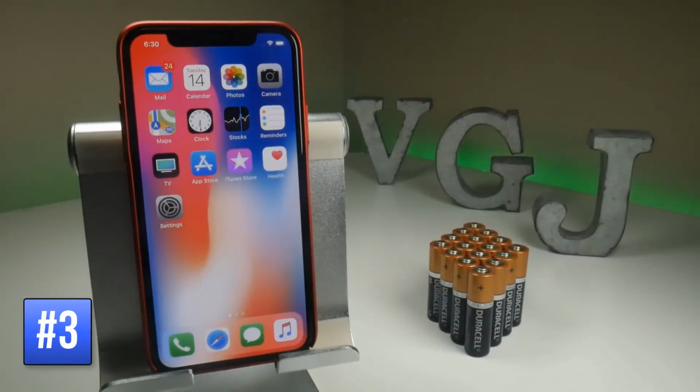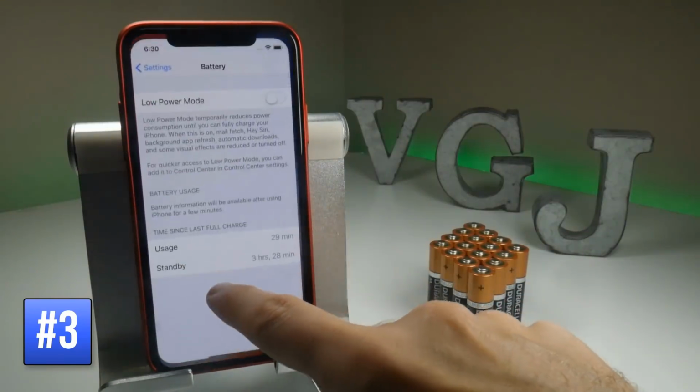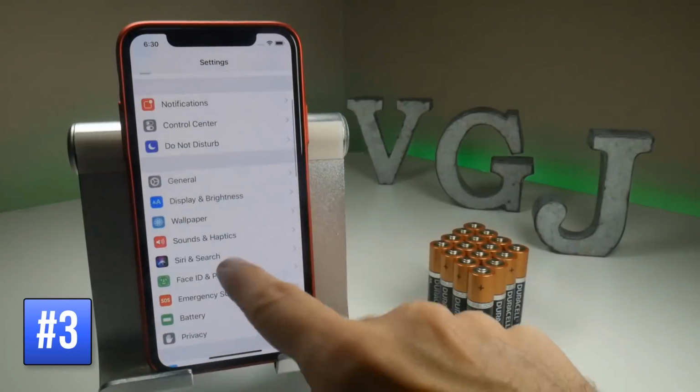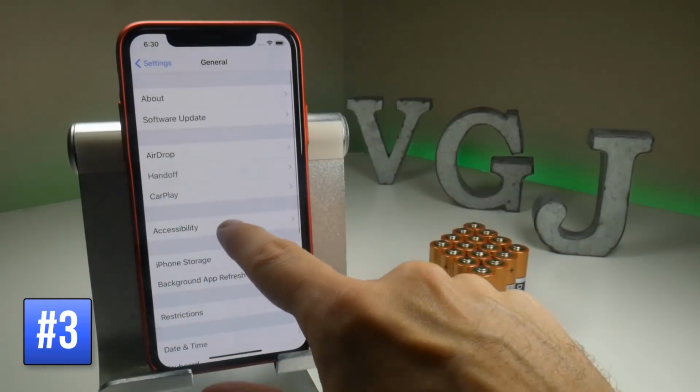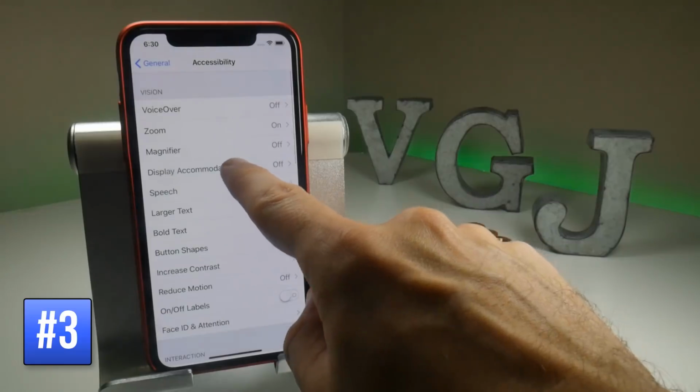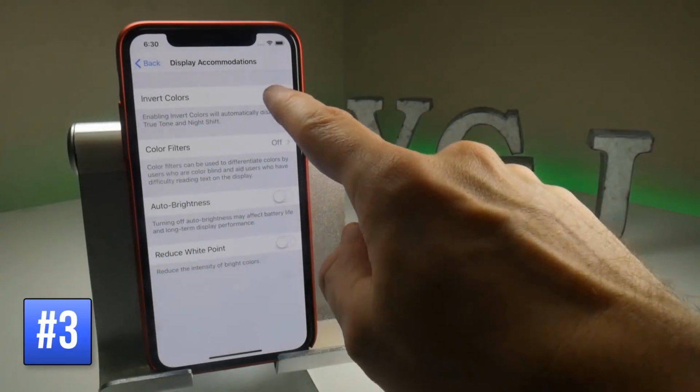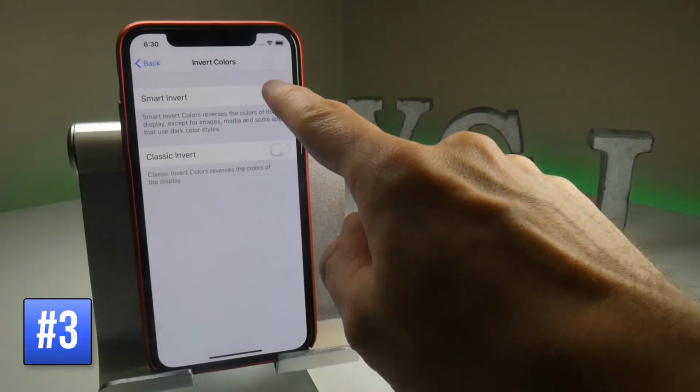iPhone X uses different screen technology to other iPhones in that it's an OLED display. That means the black pixels are turned off, so it doesn't actually use any power, which means that you could effectively use dark mode on the iPhone X to attempt to save power. To set dark mode, go to Settings, then go to General, followed by Accessibility. You'll next want Display Accommodations and then Invert Colors, and here you have Smart Invert,